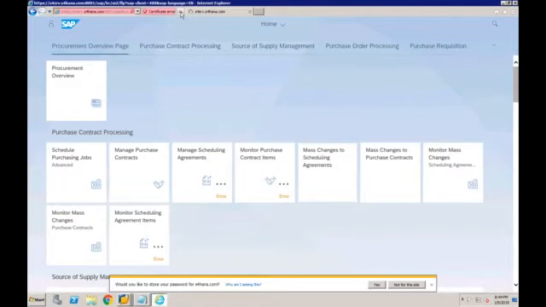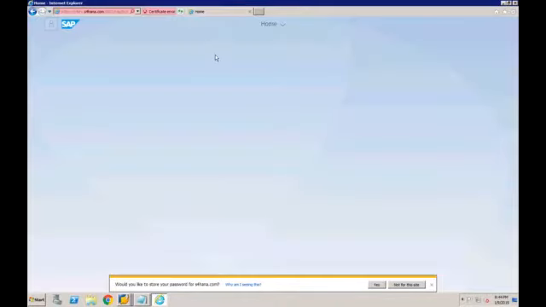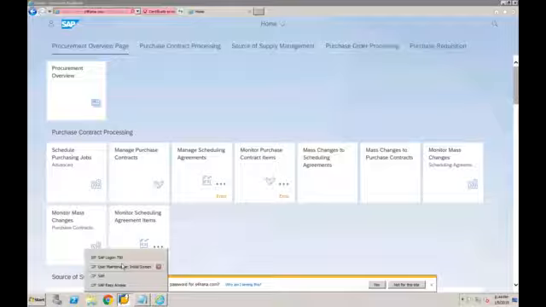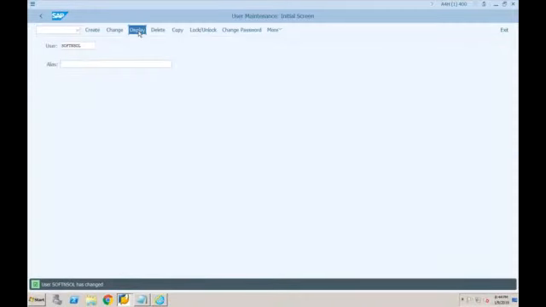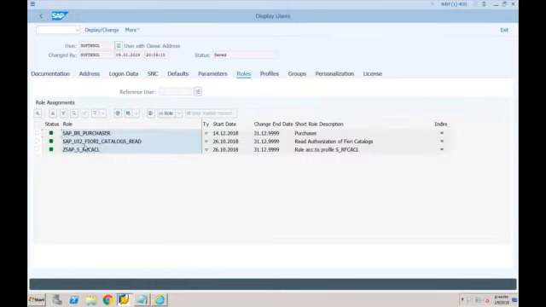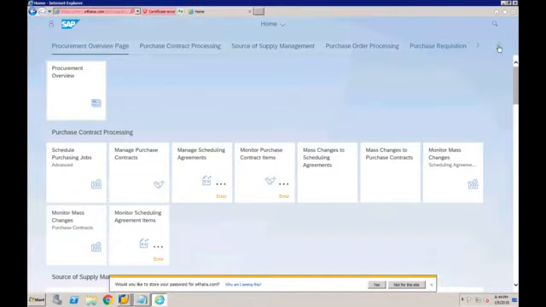Okay, so now again, if I go back and do the refresh here, a number of apps will go away because I removed those roles. Now my question is, if I'm assigning just this single role to my user, currently there is only one role which is actually providing the apps. These two roles are common roles, which will be required if you want to activate Fiori for the user. But only this role is giving you access to this many groups and this many apps.